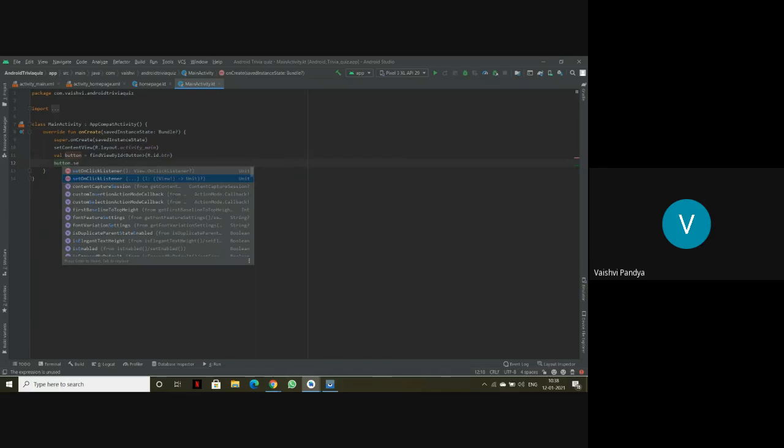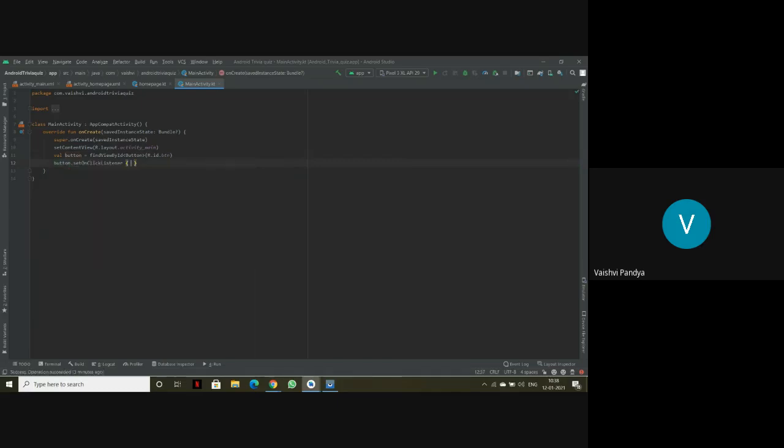Now what is setOnClickListener? SetOnClickListener is just another program that you have to use when you are changing from one page to another, or one activity to another. This setOnClickListener program is very important. It is the same as val, var or any other program that you use.